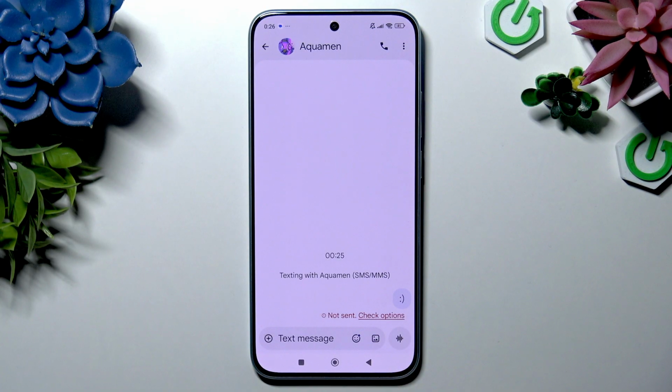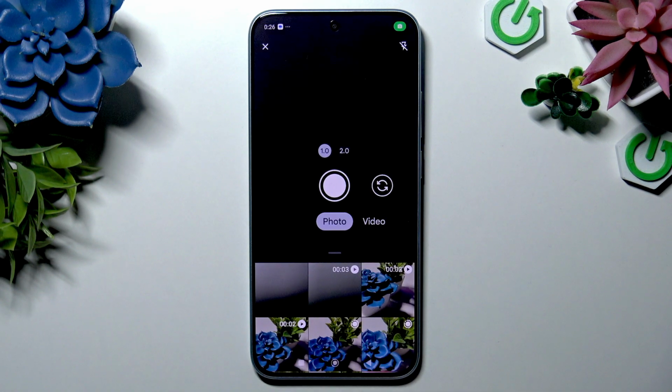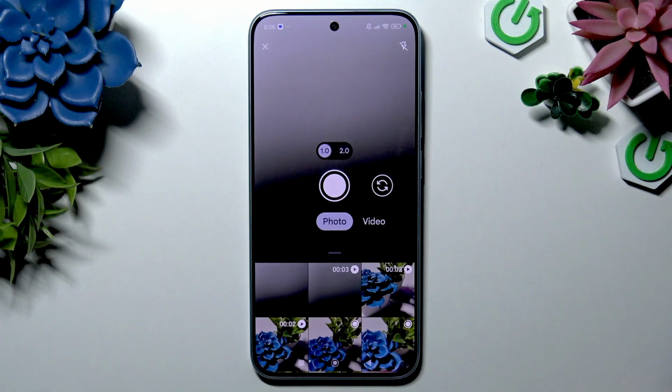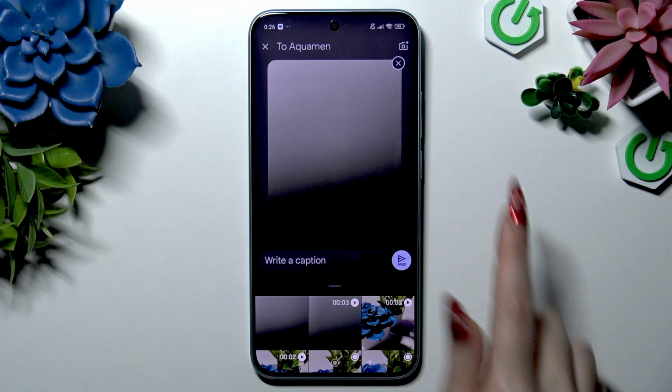Wherever you decided, when you're ready to take a photo and add it instantly within Messages app, use this icon of a photo at the bottom right corner. Then operate camera section at the top, and when you're ready, take a photo that will be automatically added to